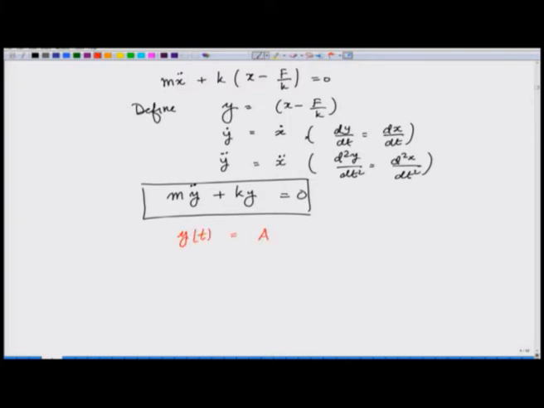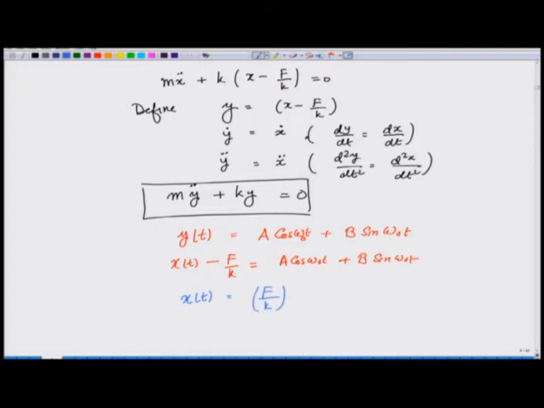y(t) is going to be some constant a cosine of omega 0 t plus b sine of omega 0 t, where a and b would depend on the initial conditions. But remember what is y? y is nothing but x(t) minus f over k. So, this is a cosine of omega 0 t plus b sine of omega 0 t, and therefore, finally, x(t) is f over k, which is a constant